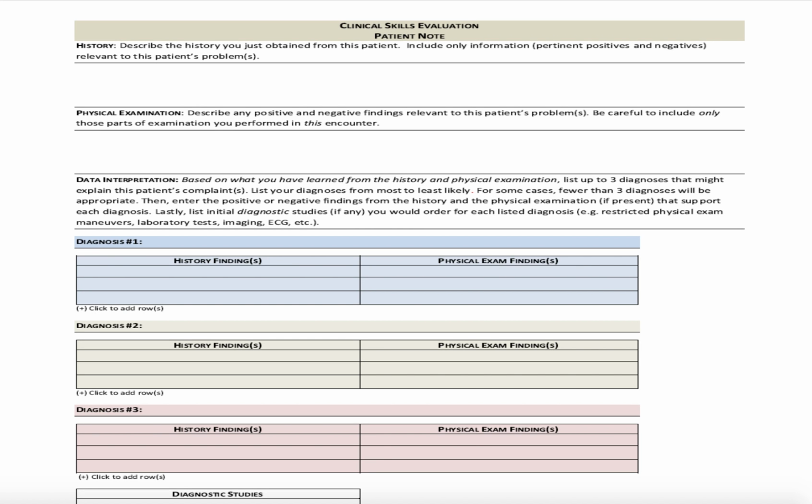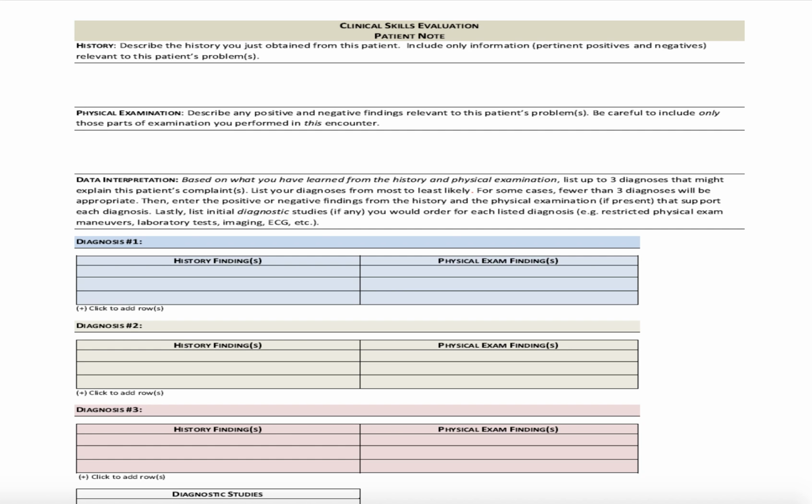I just wanted to give you a quick video on the OSCE note-writing. Just a couple quick tips that might help you. First, I just want to show you what the page is going to look like when you write